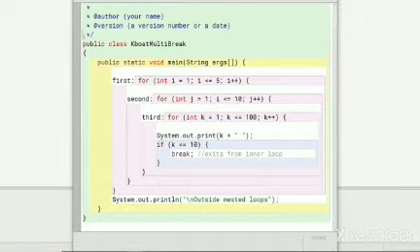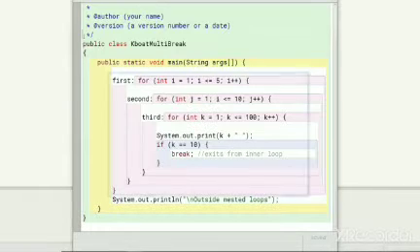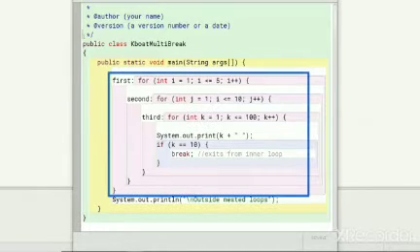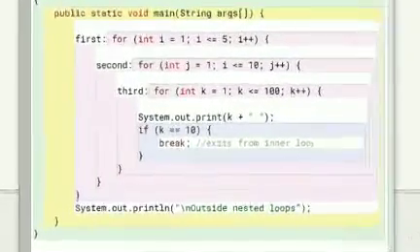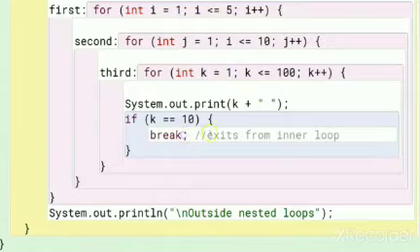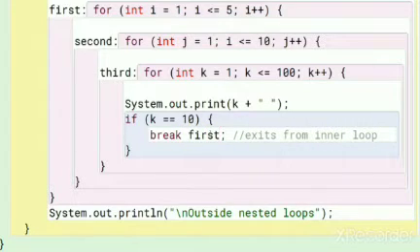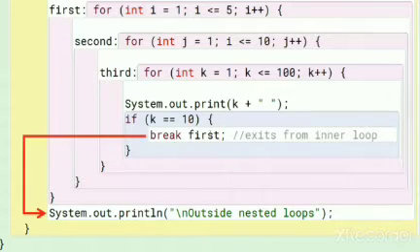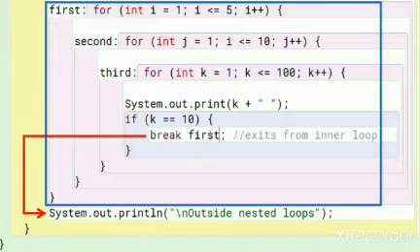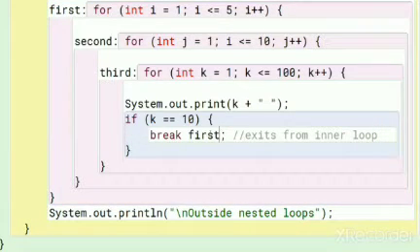When k becomes equal to 10, I want to exit out of all these three loops, which means I want to exit out of this code block which we named first. So here I'll write first as the target label of this break statement. Now this labeled break statement will transfer the program control outside the code block named first. Now with a single break statement we can exit out of these three nested loops.